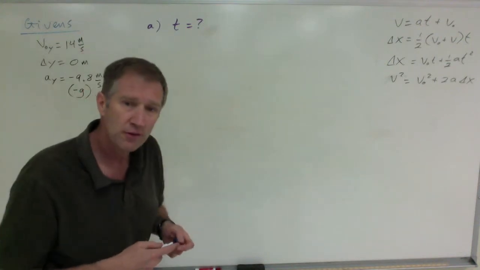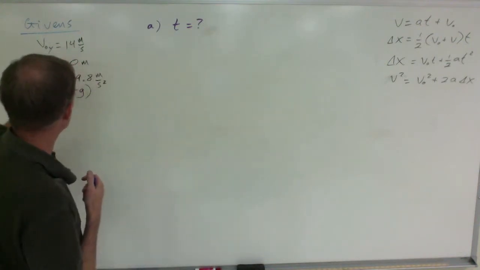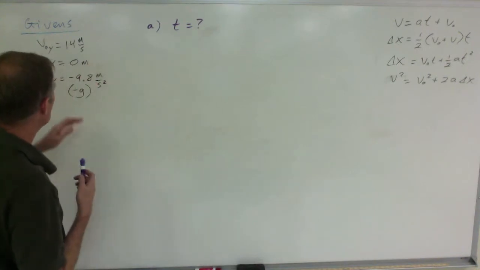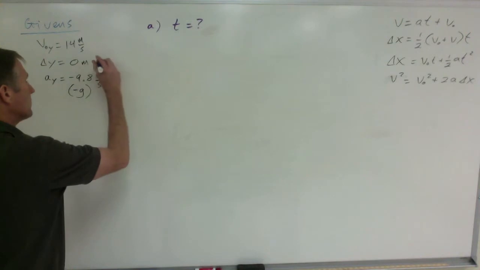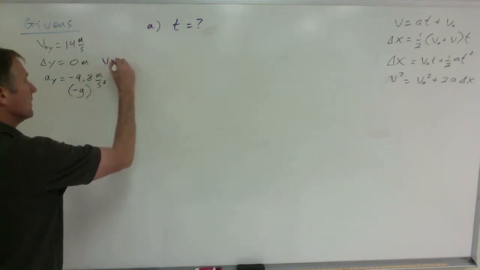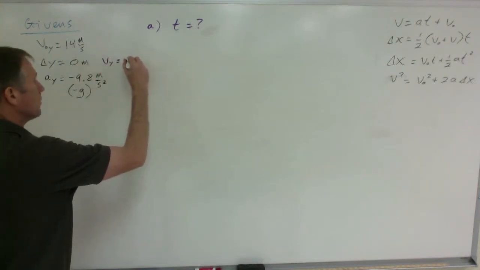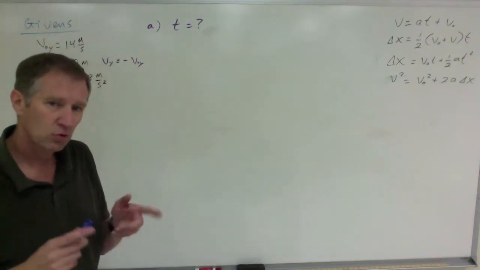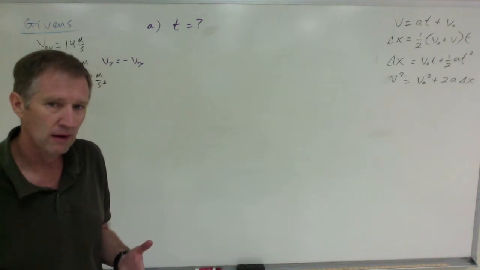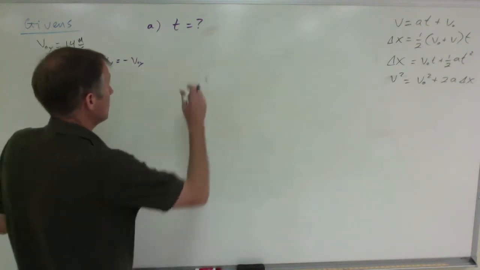And where I'm going with this is that when delta y is equal to 0, the final velocity is equal and opposite to the initial velocity. So the final velocity will be negative 14. That's one of the things I wanted to show you, but I'm going to prove it to you. All right, so